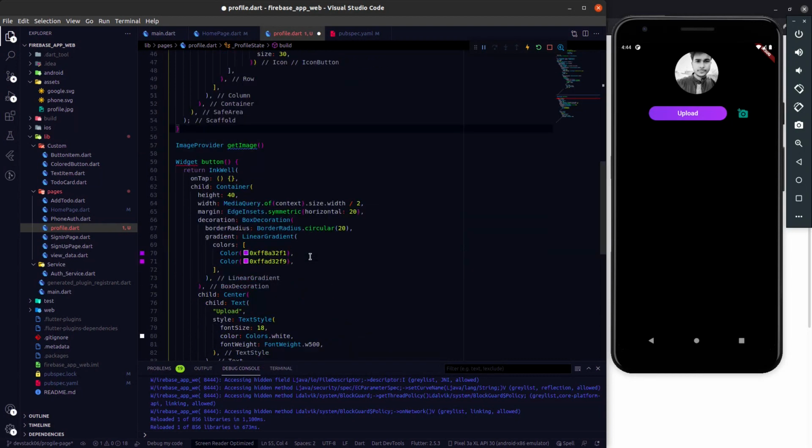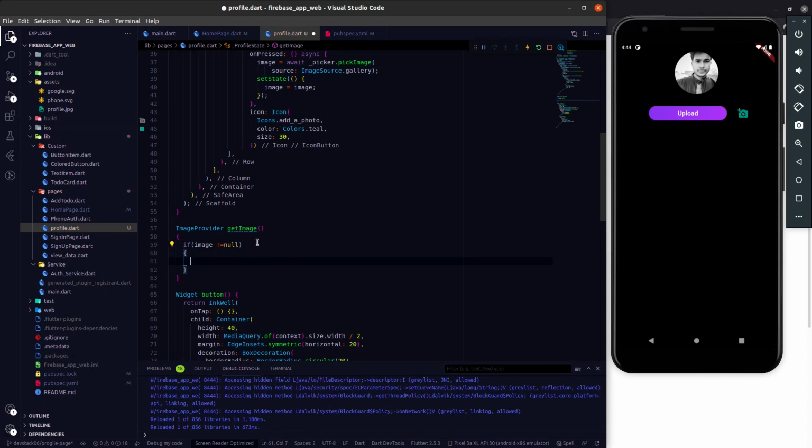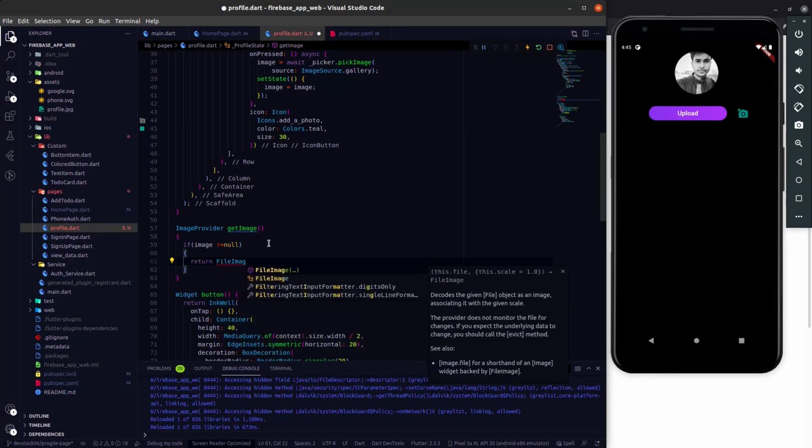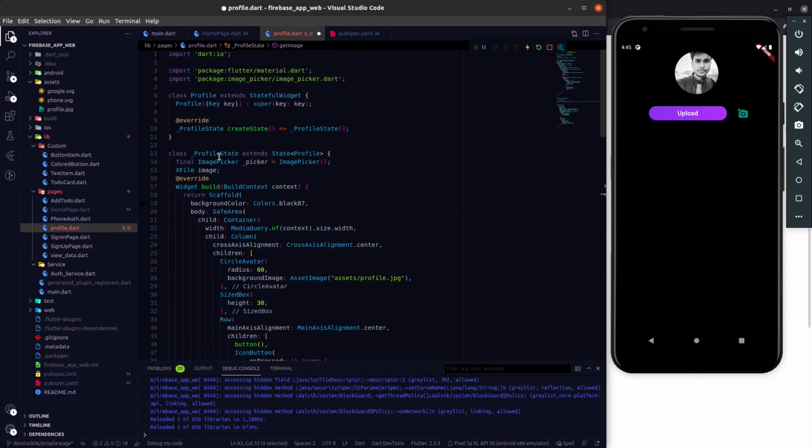And now we can add a logic. If image is not equal to null, then return the file image. File image. Okay, and for the file image we have to use the file, and this file I have imported from dart:io.